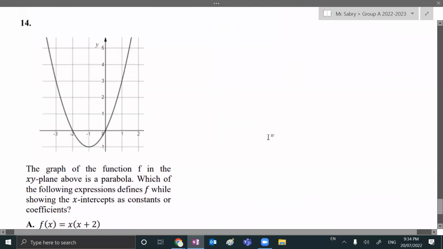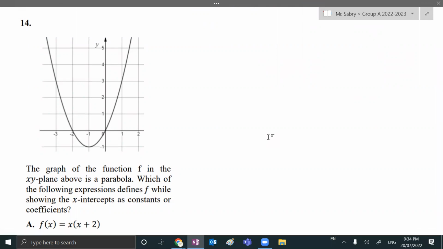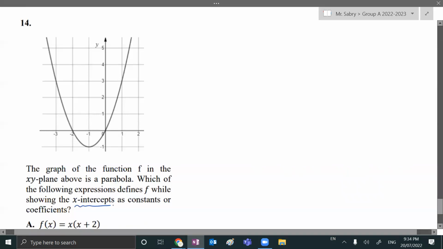Moving on to 14. The graph of the function is a parabola, which means this is quadratic. Which of the following defines f while showing the x-intercepts as constants? If you remember, I told you that the factor form shows the x-intercepts, shows the roots. So you need to remember that the form that shows the x-intercepts is this form that has two brackets in it, and both brackets have x's, and the numbers next to the x's are the x-intercepts, but with the opposite